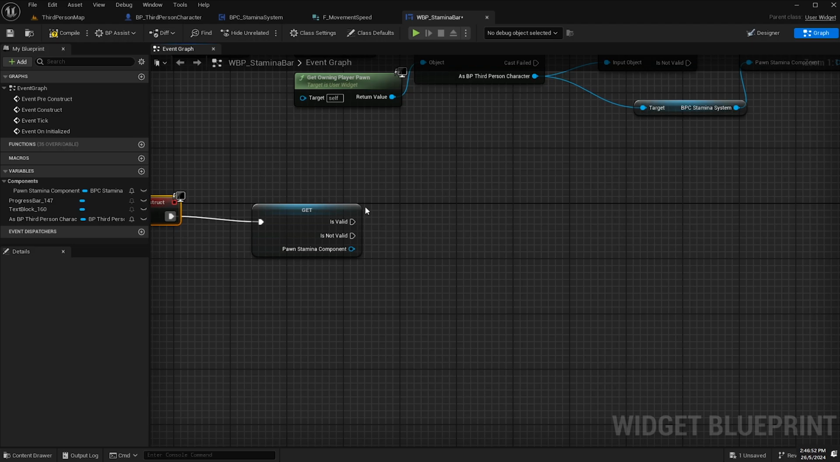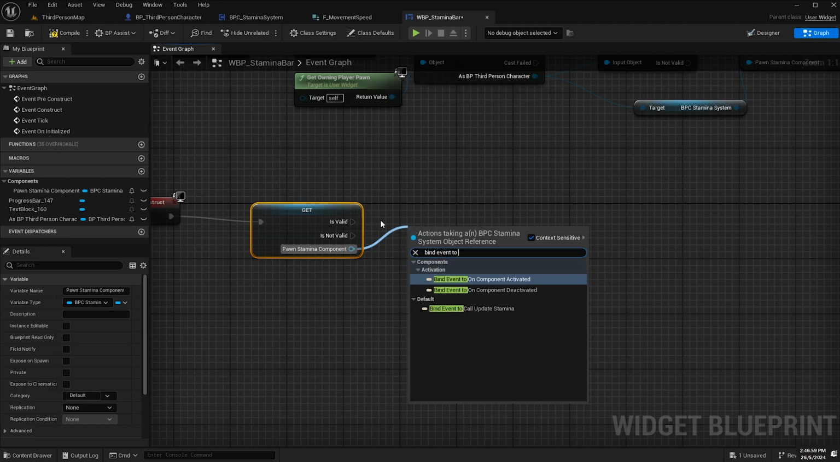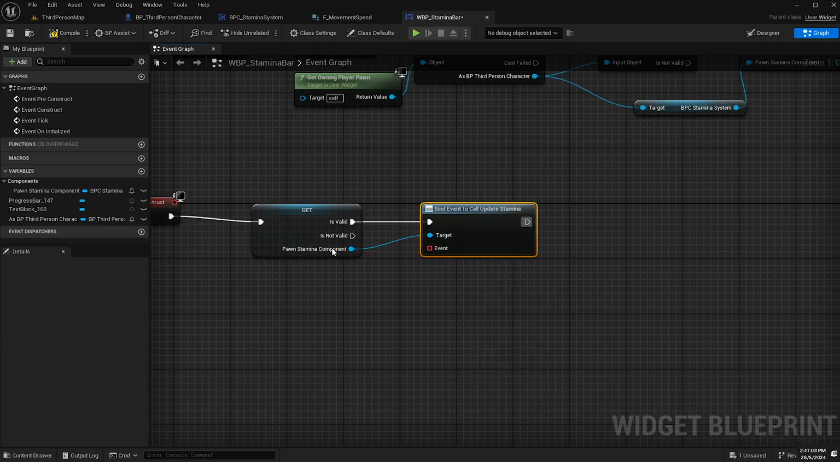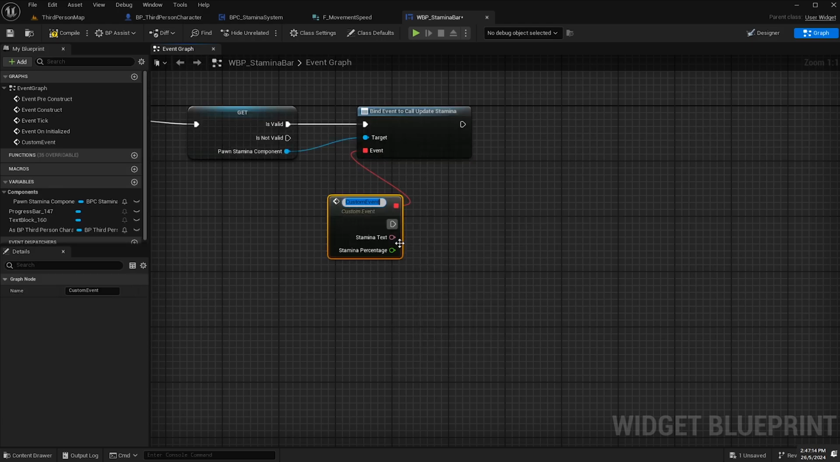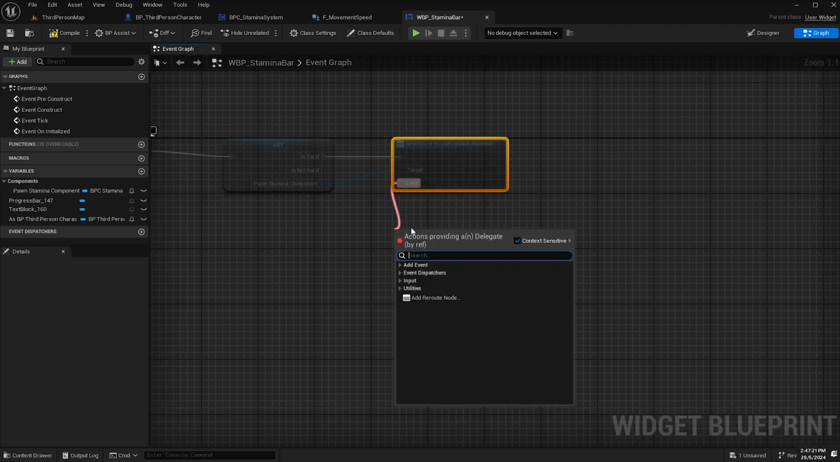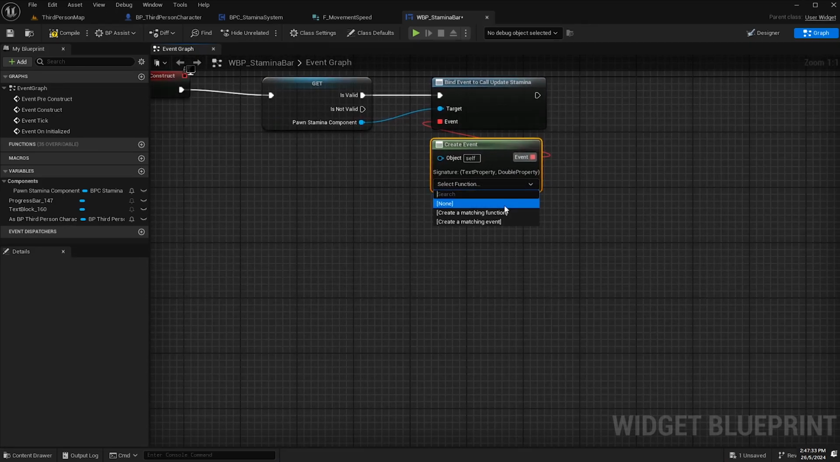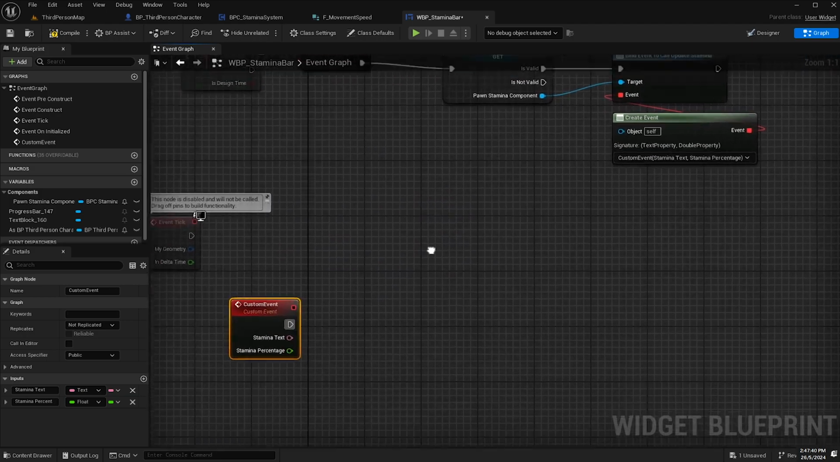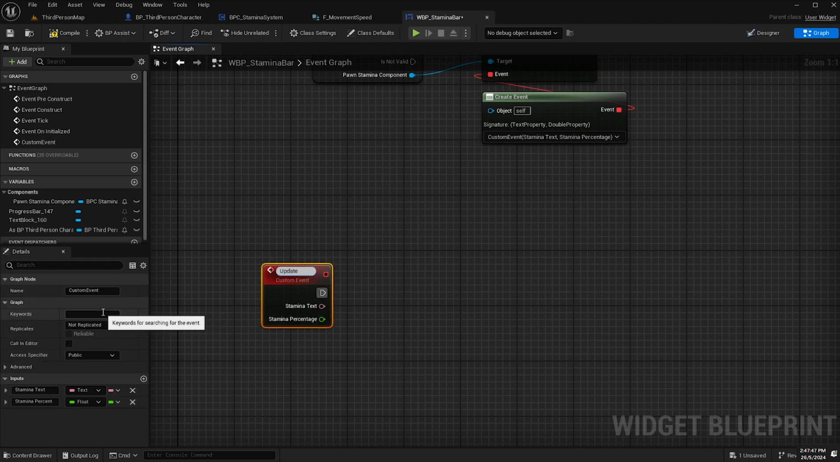So now that we've got a reference to the pawn stamina component, what we'll do is drag off the output pin there and type in bind event to call update stamina, which is the event dispatcher we just called. Drag off from the event pin, and you can add a custom event here, but because we're going to add a few of these bindings, what I like to do instead is drag off the pin and select the event dispatchers drop down and click on create event, because then you can select this drop down here and select create a matching event, and this will create an event that is bound to call update stamina. So I'll rename this to update stamina,